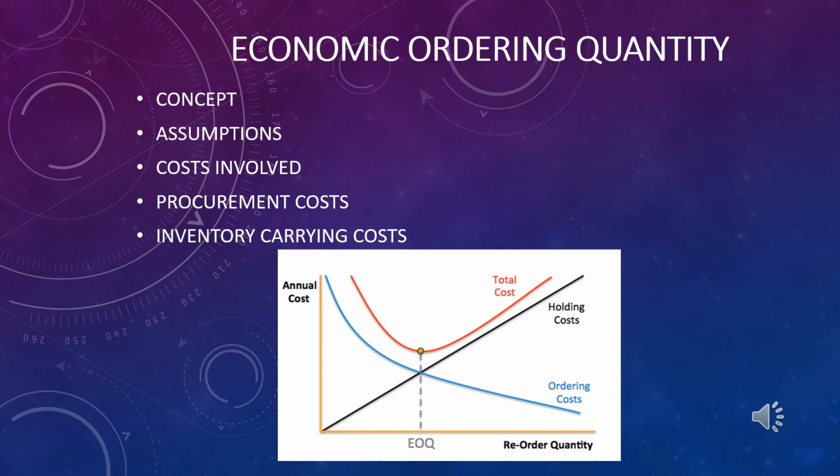Most importantly, the most important assumption is that the item can be procured free from any restrictions of any kind. So these are the assumptions that lie with economic ordering quantity. Now, coming back to minimizing the cost, the two costs that are associated with economic ordering quantity or the inventory decisions for the organizations are the procurement cost and the inventory carrying cost. Procurement costs are the preparation costs incurred in connection with the replenishment of the products,